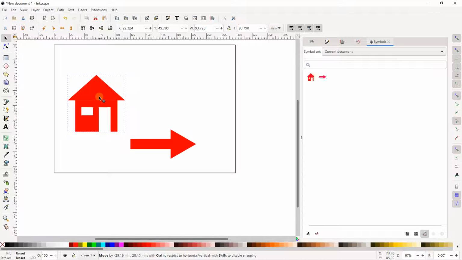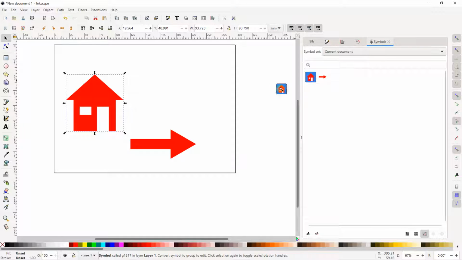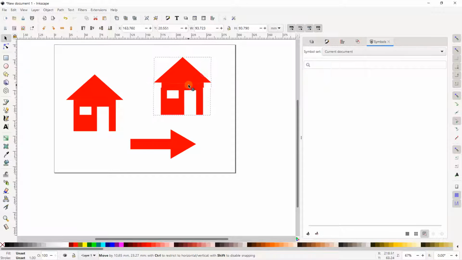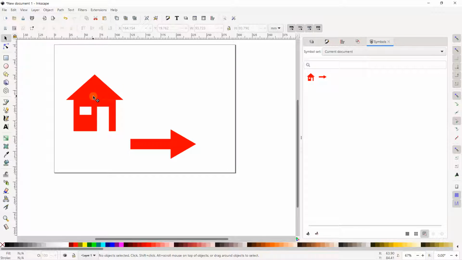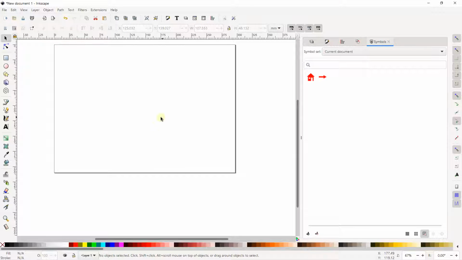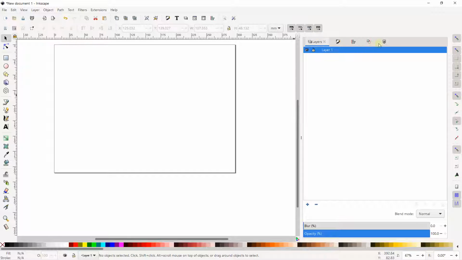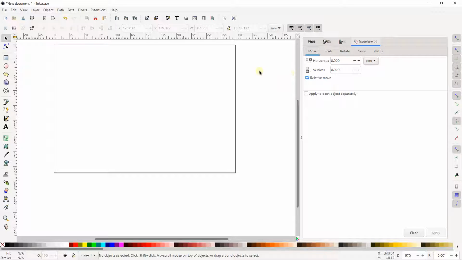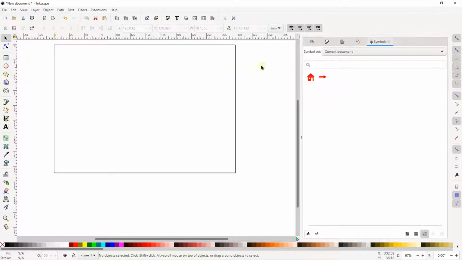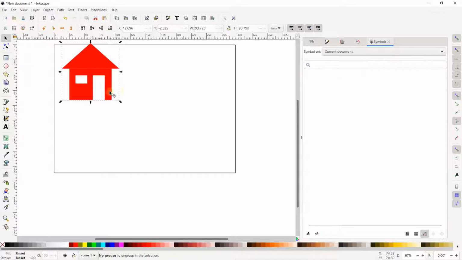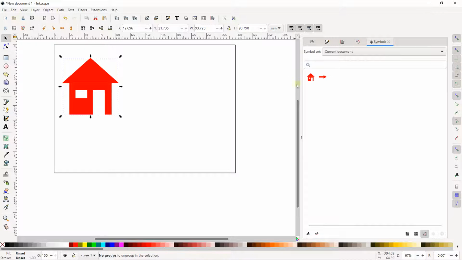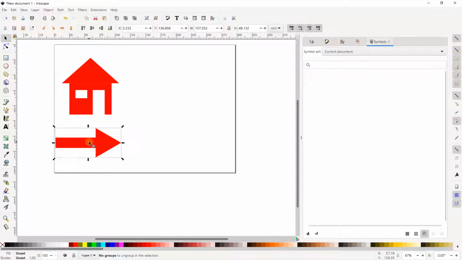Why is it useful? Because, for example, you can take one of these symbols, left click, and drag and move your symbol like this. If I remove that, and I remove that, I still have this in my Symbol panel. If I close my Symbol panel, then go on Object and click on Symbol again, take a glance, I saved my symbol. So I can recuperate, for example, this symbol, like this.